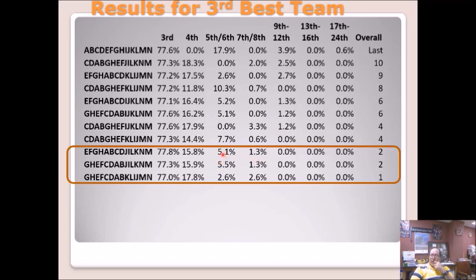And so if you look at it in terms of 3rd, 4th, 5th, and 6th, these two are the best way to go about it, and so that gives them an advantage, and there's a reason to like that. But still, overall, I prefer this one right here. I should just point out,